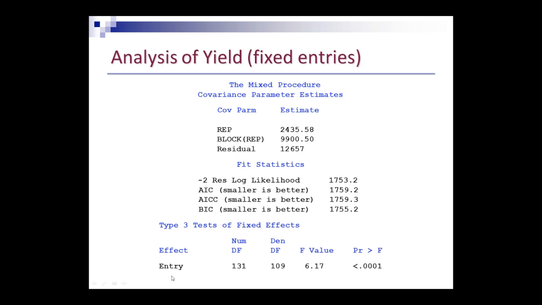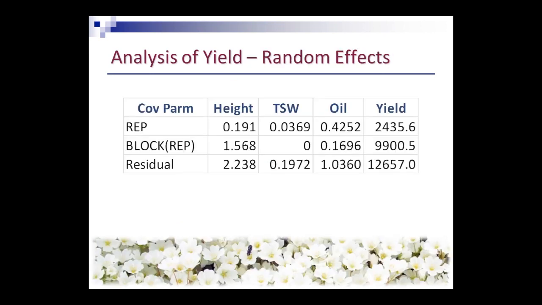And down here it does do an F-test for the fixed effects as well. As you can see, I had significant variation among all of the entries for yield and for the other characteristics as well. So just to summarize here, these are the estimates for the random effects, the variances for the other characteristics as well. And you can see in this particular year, I did have substantial block-to-block